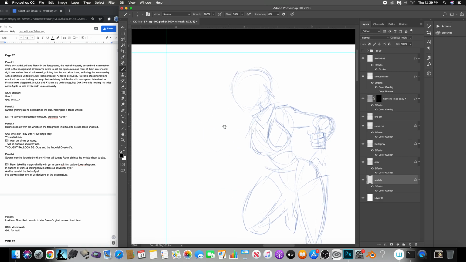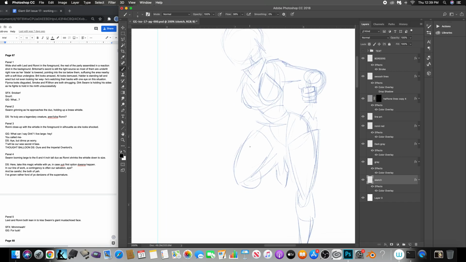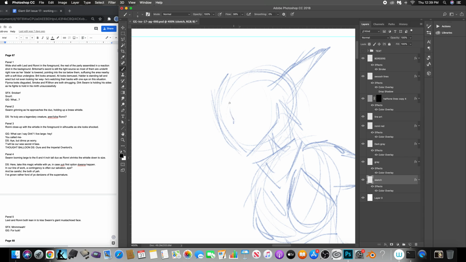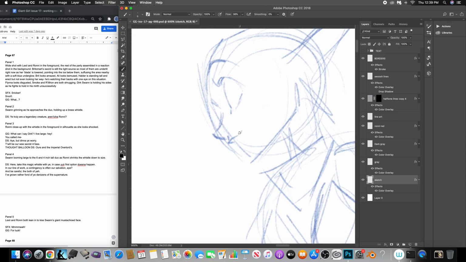Just getting some of the basic stuff. Now she's holding Ronnie. Ronnie was originally on her leg, and Ronnie's about a third of Lexi's size in this shot, give or take. Lexi is gonna be happy because she's gonna get Giant Girl Nookie when the adventure's over, and she's been wanting Ronnie since the first panel they met. I love Lexi as a character. She is probably my favorite to draw of the adventurers, and I love her and Ronnie's dynamic. I love putting her as kind of like this weird little